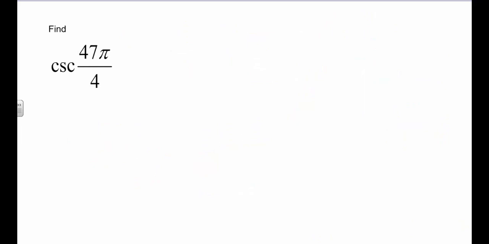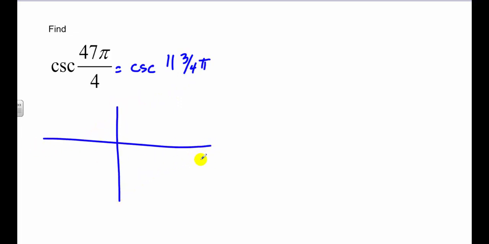All right, here's another one. 47 pi over 4. Again, I'm going to change that to a mixed number. So this is the cosecant of 11 and 3/4 pi. And I'm going to go through that same argument of how to get there. Here's 0, 1, 2, 3, 4, 5, 6, 7, 8, 9, 10, 11 pi. And I need to go 3/4 pi from here. 3/4 pi would put me over in this quadrant here,